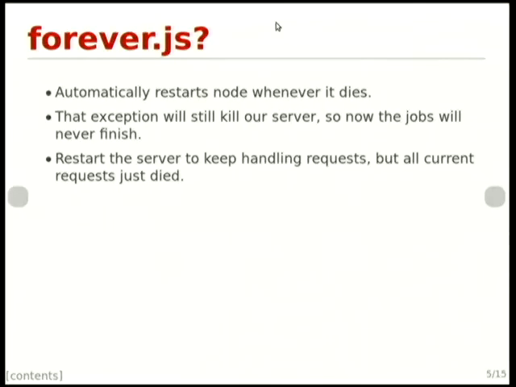One technique that people have adopted is using forever.js, a process monitor that will monitor your server and restart it if it dies, which solves at least one of our cases. It means that future requests will still get handled, so we don't just have an idle machine now, but current requests are still going to go down. Our webhooks are still never going to get called